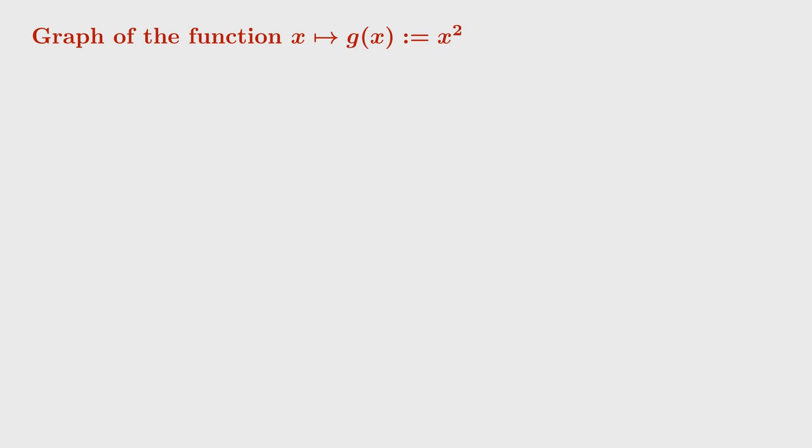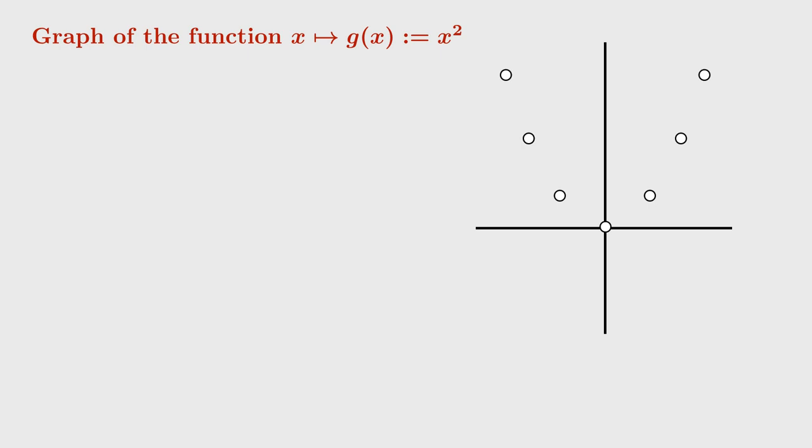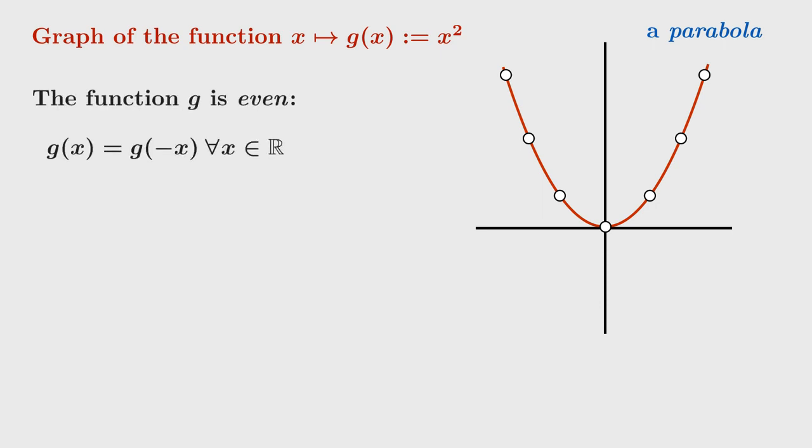Let's examine now the graph of the function g that we saw before, g of x equals x squared. We give ourselves some coordinate axes, we plot a few points, and we trace the curve of the graph, and we come to something very famous, a curve whose name is in the dictionary. It's called a parabola. Satellite dishes, incidentally, are of parabolic shape for a very focused reason that I won't get into.